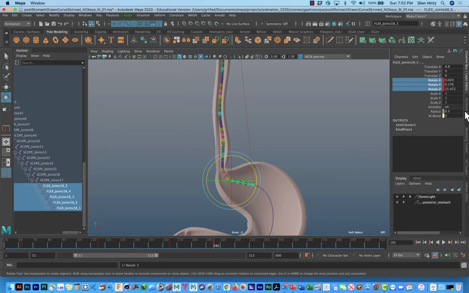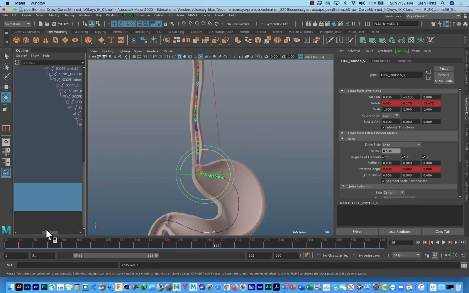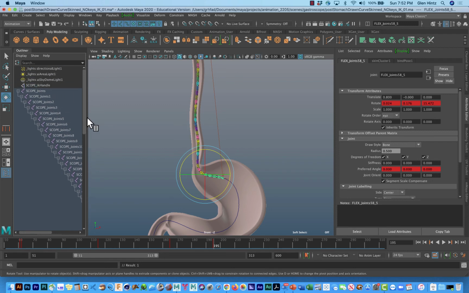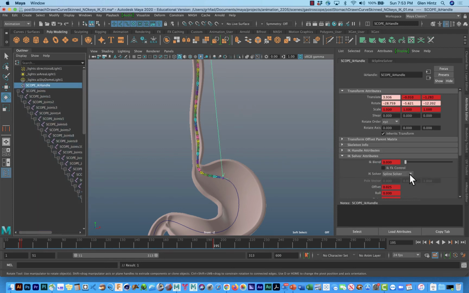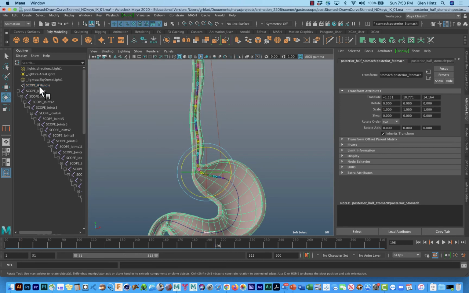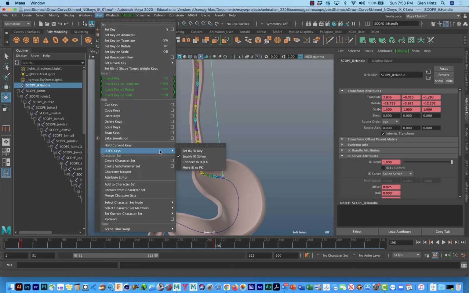Okay, and if we go to that attribute, I'm sorry, I don't have the spline IK selected. If I go back to the spline IK, now you can see it's all red, so this has all been set. Now I'm going to advance one frame, go back to that key option. This time I'm going to enable the spline IK solver. You notice when I did that, the blend IK is now back to 1. So the spline IK now is totally in charge. And if I go there and say key,